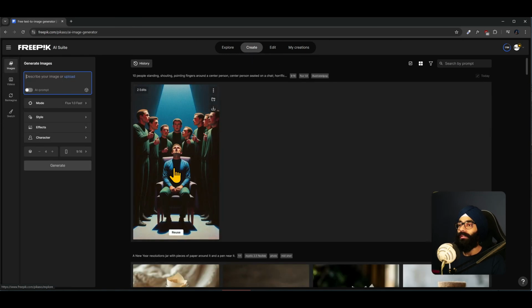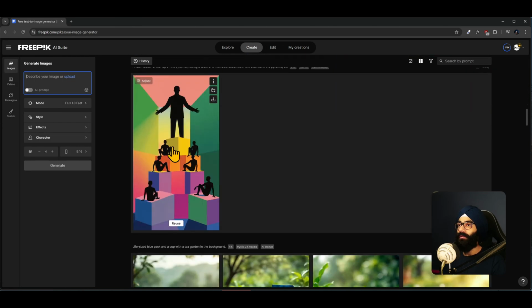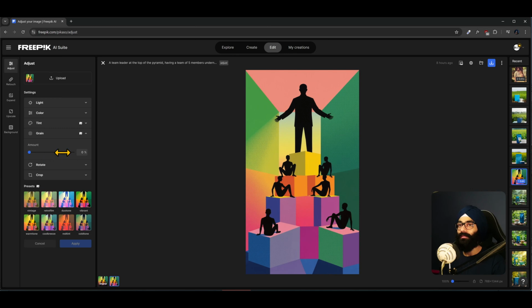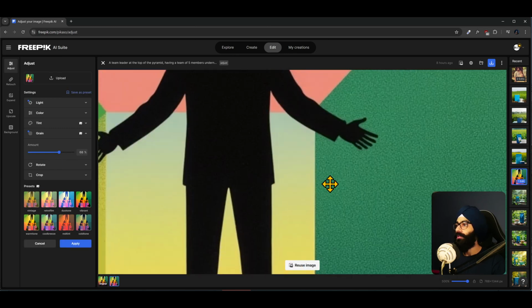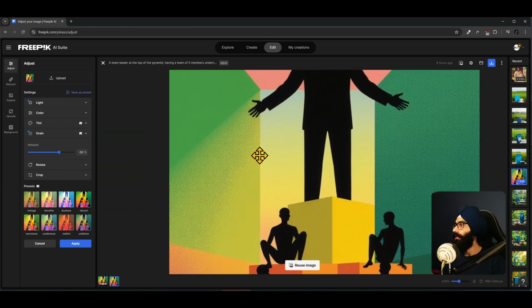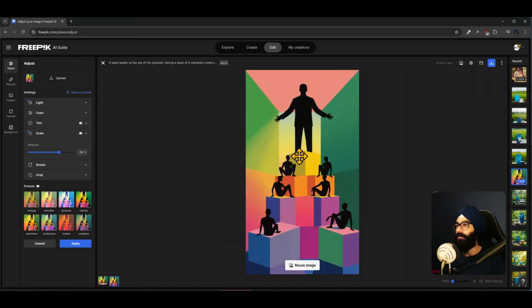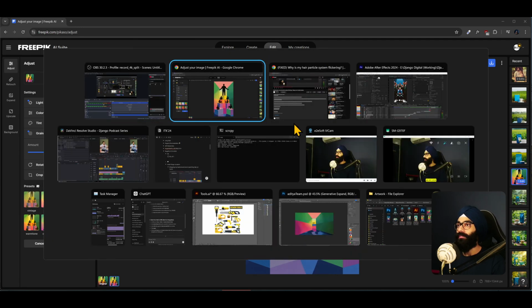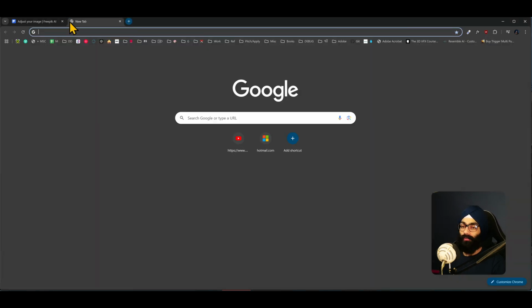So if I come and create this one thing that I made, this was with that style, and I really loved how it came out. And I came in here and said grain and added some grain, and you see if you zoom in here, it also has that nice green gradient background effect to it, and this is beautiful. So this I did in my part 2, and for part 1 again what I want to show is